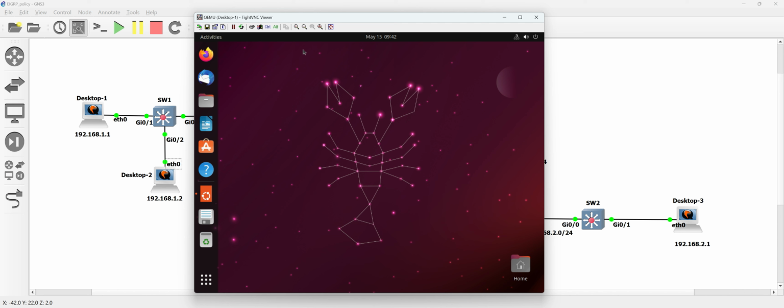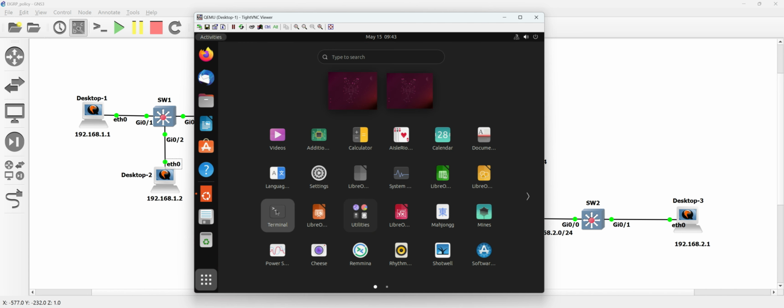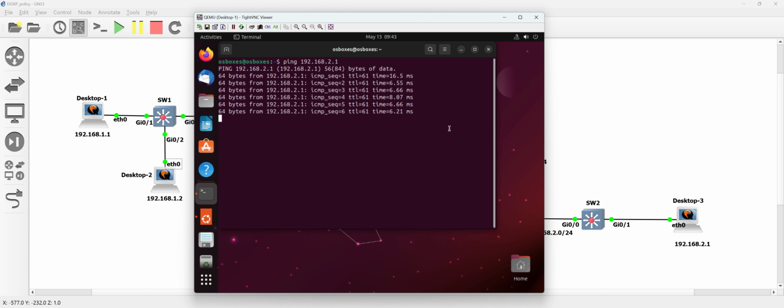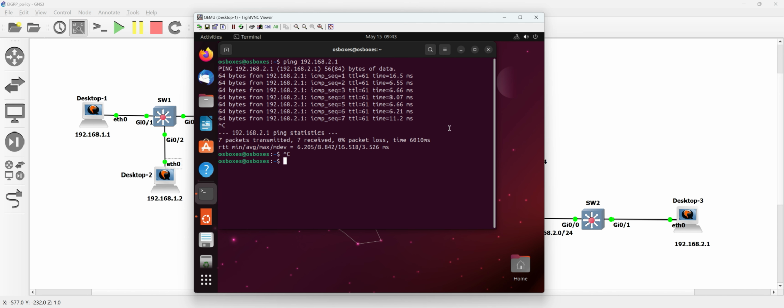Let me open desktop 1, so this one. Let me go to terminal. Ping 192.168.2.1. Yeah, boom, it comes so fast, so good. Okay, cancel. And show, sorry,